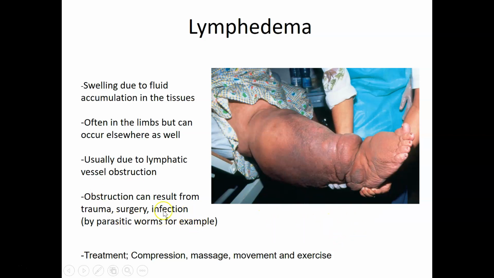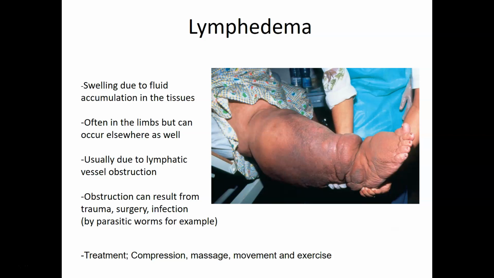How can this come about? Well, some of the causes are listed here on the slide. If you have some kind of traumatic injury which damages a vessel, basically collapses it or severs it, then that's going to result in a lack of flow of lymph out of that tissue. There can be blockages due to surgery as well. Surgeons usually try to avoid severing a lymphatic vessel, but sometimes, for example,